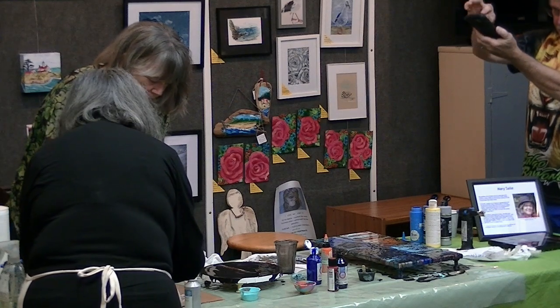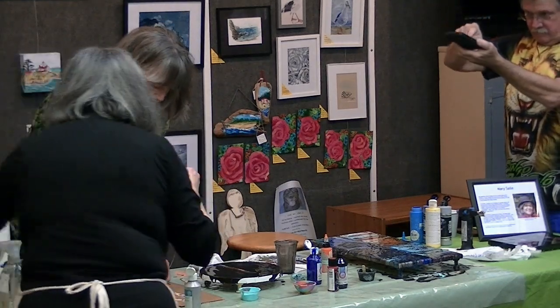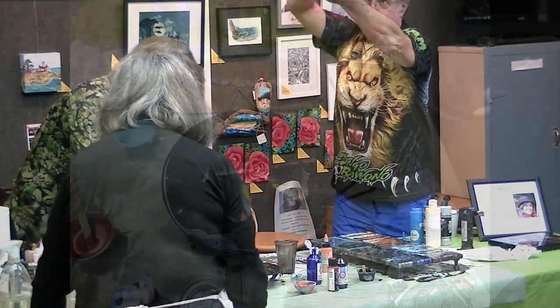Oh, I've already blown it. All right, okay, wait a minute. That's okay. We'll give you a paper towel, we can wipe it off if you like. Okay, this is trickier than, it's still the same color. It's trickier than you think. Okay, and then normally